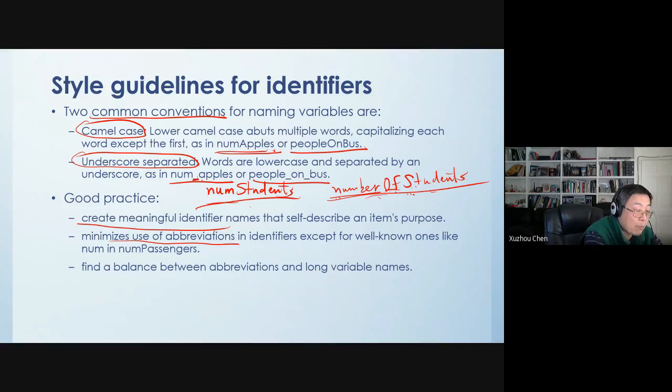Minimize the use of abbreviation in identifiers. Abbreviation is sometimes good, because you can actually make the word shorter, but sometimes it's confusing. For some words like NASA, abbreviation serves well. But if you use the abbreviation